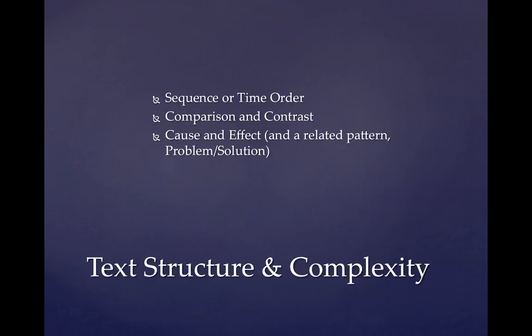Now we're moving on to text structure and complexity. A chapter in a history book or a science textbook, a poem, a short story, or an explanation of a sample math problem are not just random collections of words, facts, and ideas. Within each type of text are structures that tie ideas together. So texts have both content and structure. Think about that for a moment. Texts have both content and structure.